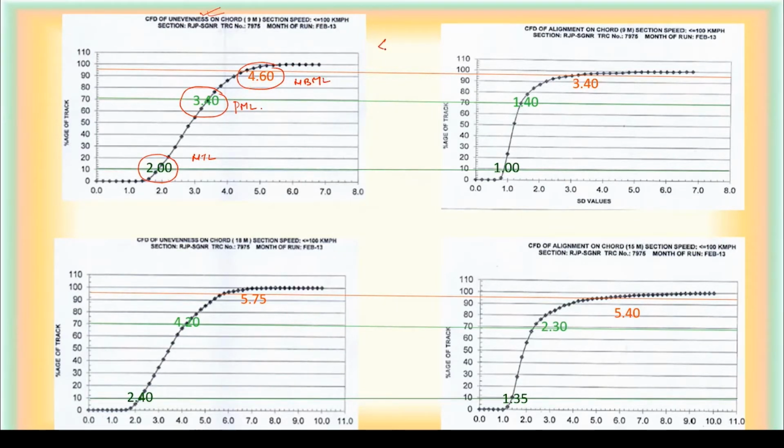Like मैंने कहा आपको less than 100 kmph में 25 sections were analyzed. So for those 25 sections, for each section, each of the parameter were plotted. ठीक है ना, and after plotting 10% CFD के corresponding value, 70% CFD के corresponding value, and 95% CFD के corresponding values को ले लिया गया हर सेक्शन के लिए. तो सेक्शन A के लिए some value came 1, B के लिए 2, इस तरह से 25 सेक्शंस के